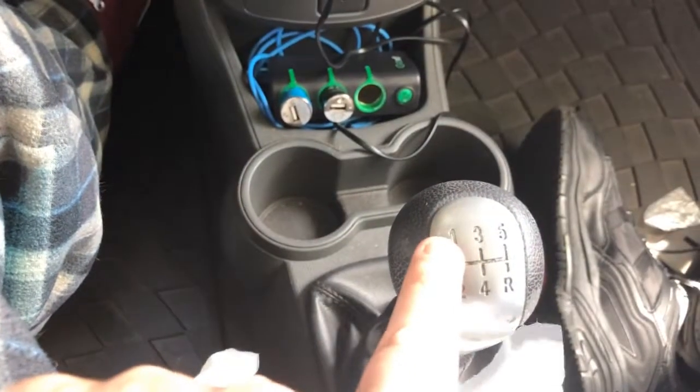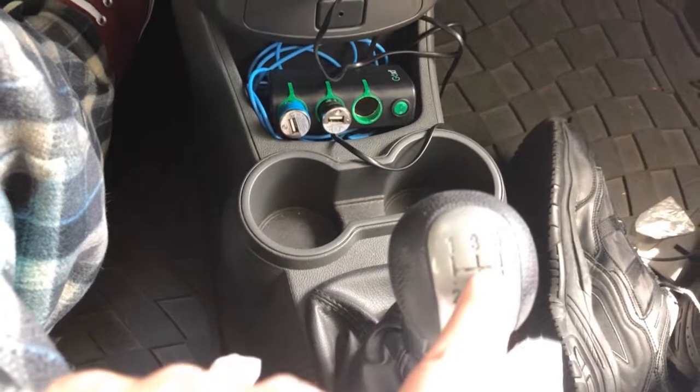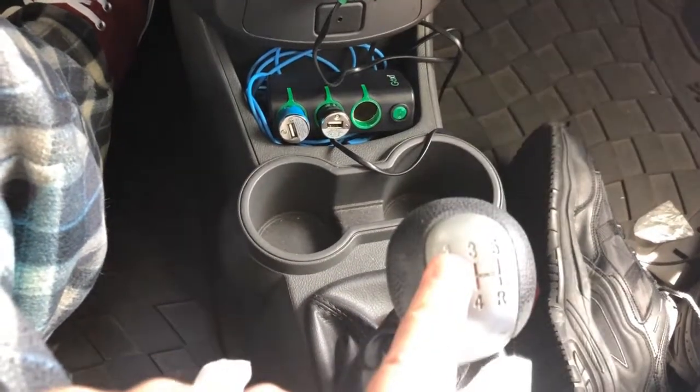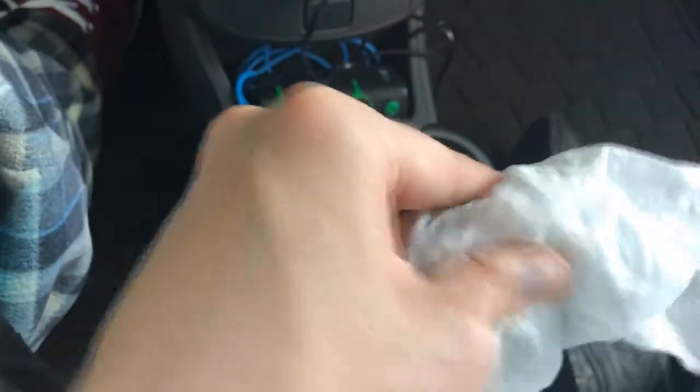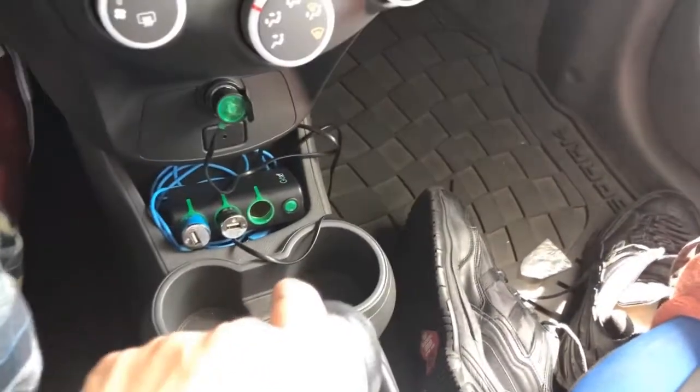Now, as you can see, the reason these numbers are dirtier than these two, is because a lot of times in heavy traffic, I'm only going to be able to shift into second gear. So now,